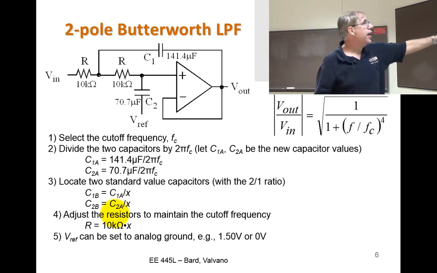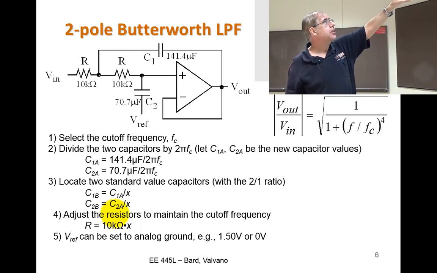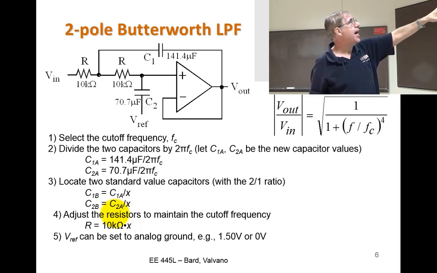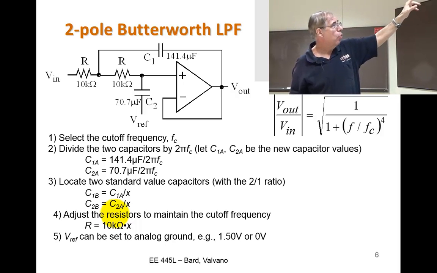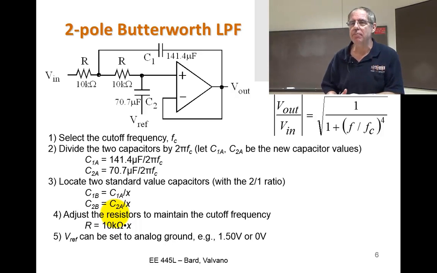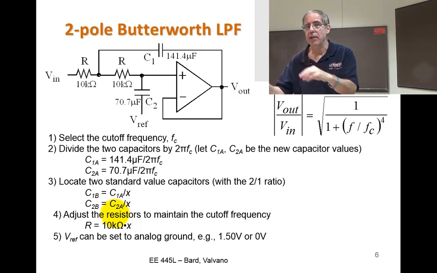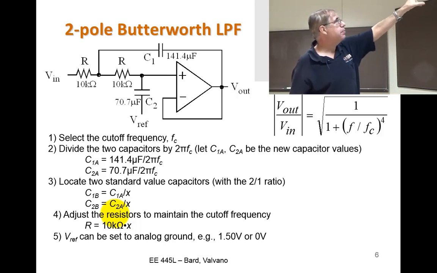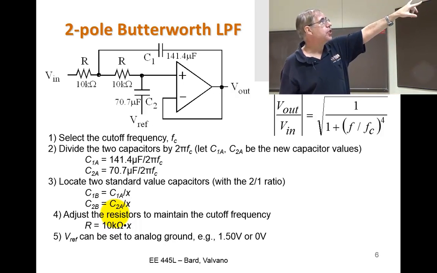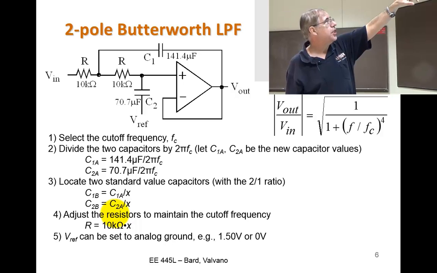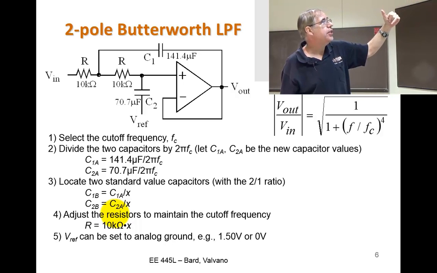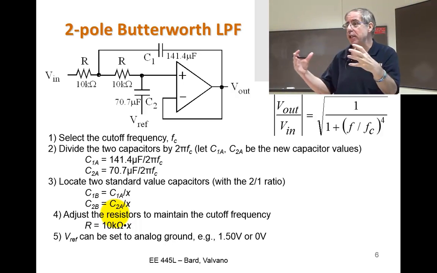And that is this particular template here will pass 1 radian per second. Now, nobody has 141 microfarads. That's way too big. But this particular circuit here, when R equals R and C1 is twice as big as C2,